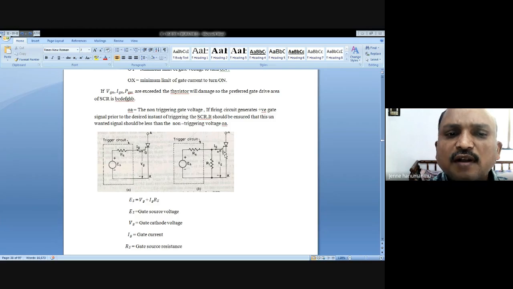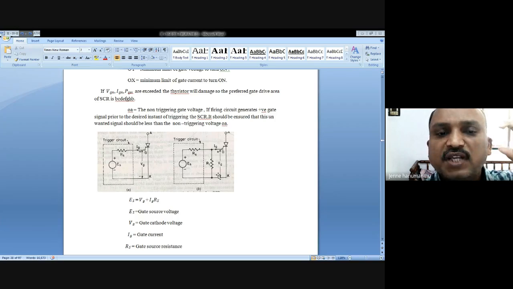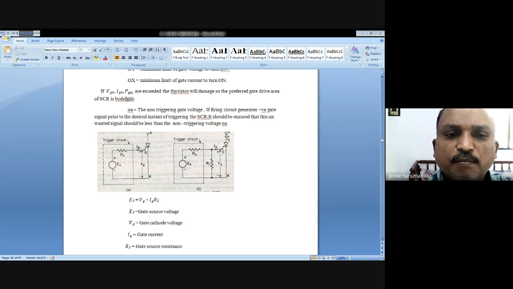So how do you fire the thyristor? The gate point must have a suitable voltage VG. How do you get this VG? Because of resistor R. If you select R suitably, you may get the drop VG, that much needed voltage. That voltage is enough for triggering the gate. So the thyristor is on. That means the thyristor is on and current flows from anode to cathode. Okay, that is the meaning of this.